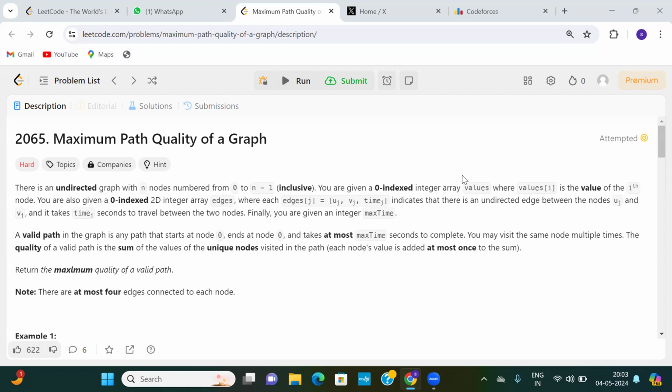The question says we are given an undirected graph with n nodes which are numbered from 0 to n minus 1. We are also given a zero indexed integer array values, where values at the index of i is the value of that particular ith node. We are also given a zero indexed 2D integer array edges, where edges at the index of j denotes that there is an edge from uj to vj